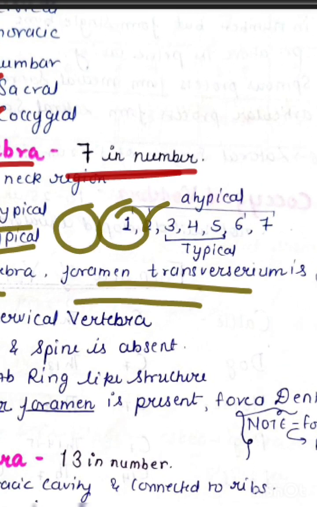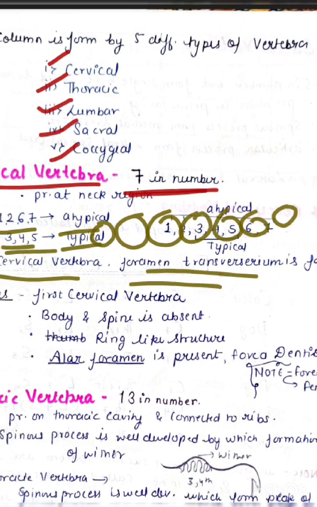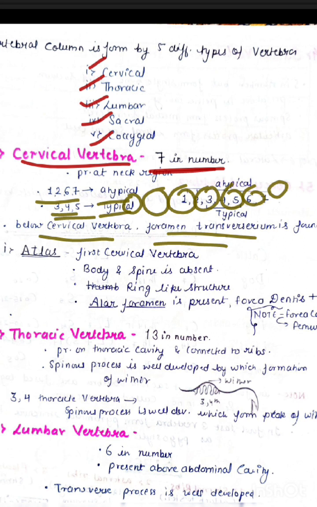As I said, these are the 7 bones, of which the first, second, sixth, and seventh form an atypical structure. So the first 2 bones and the last 2 bones are the atypical cervical vertebrae, whereas the